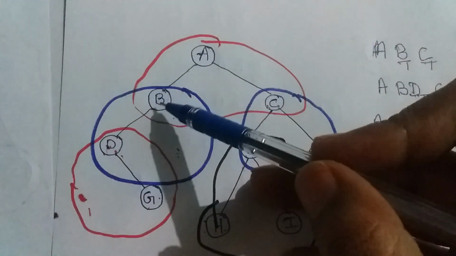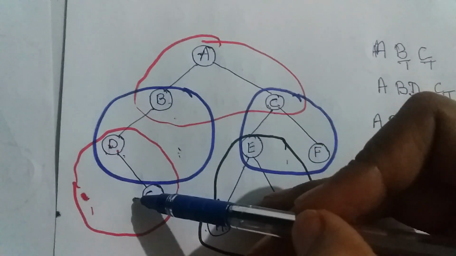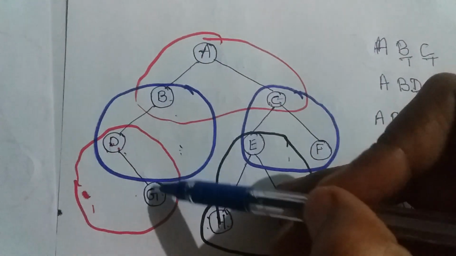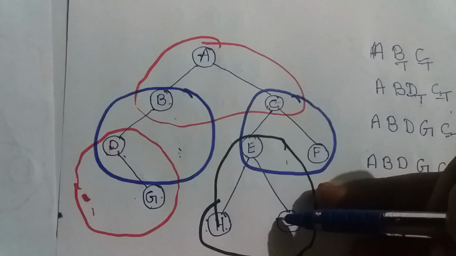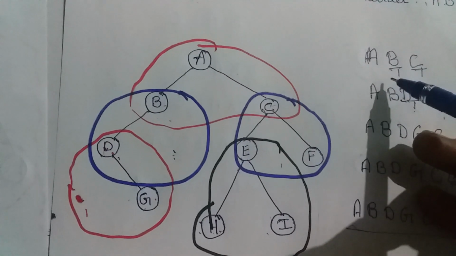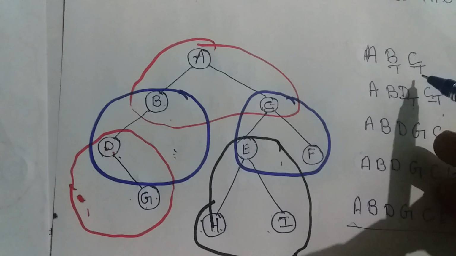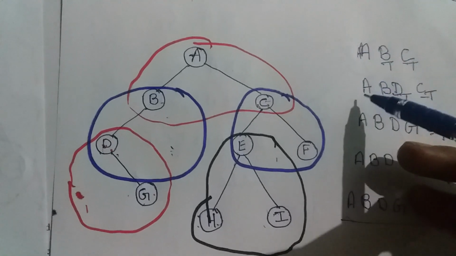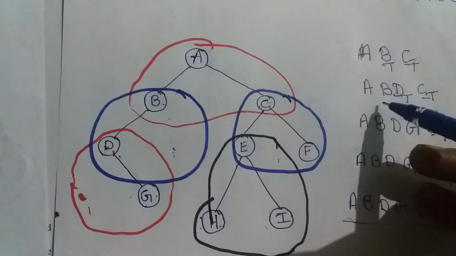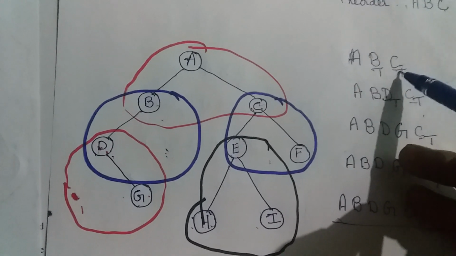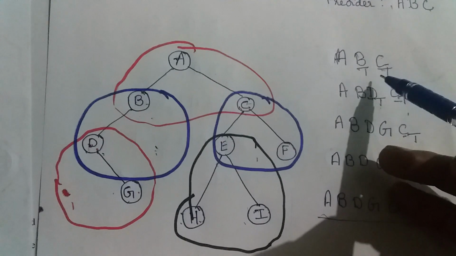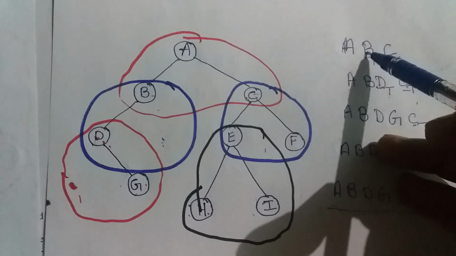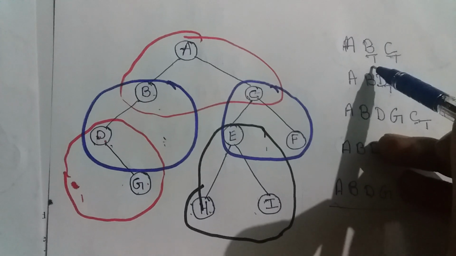Now if you see here, B has subtrees and C has subtrees. So B has to be traversed and C has to be traversed. So I have taken them as BT and CT. Then in the next step, A is copied, B is copied, then I am considering the node C. A is copied, now I am considering the node B because B has to be traversed.